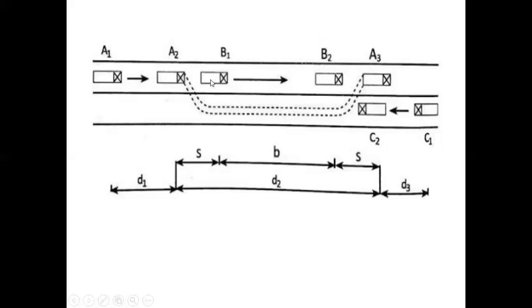Now, after some time, what is happening? The driver of the vehicle A is thinking, okay, I have to overtake this vehicle B. Why? Because it is a slow moving vehicle. So he starts to accelerate and starts moving. He shifts to the opposite lane, and he should make sure that he does not collide with the vehicle coming from the other direction. Finally he overtakes the vehicle and comes back to the original lane. That is the position A3. Correct. So in this overtaking operation, what is happening?